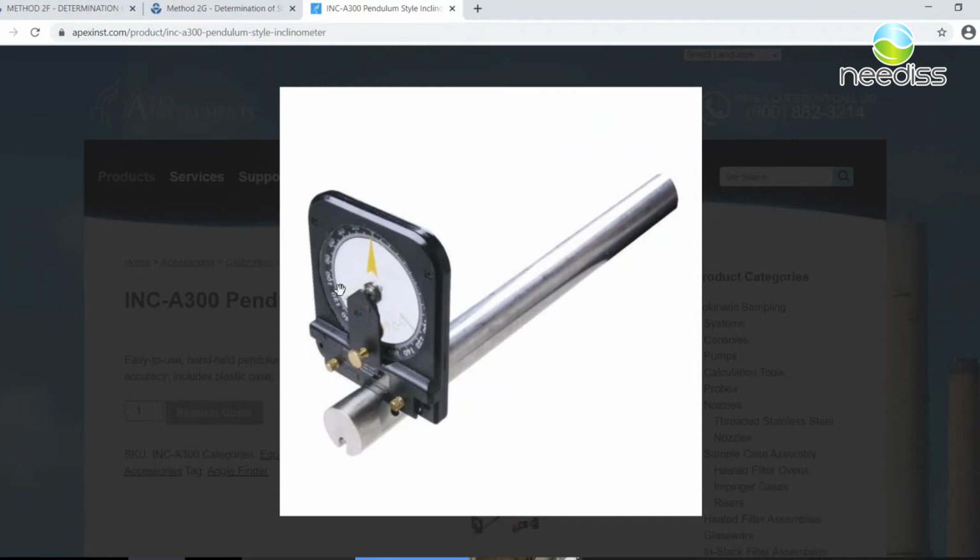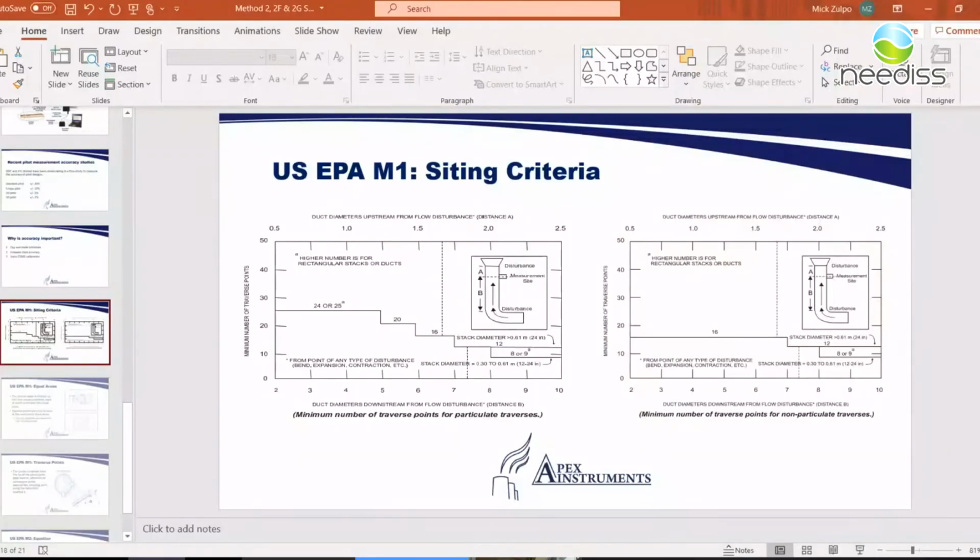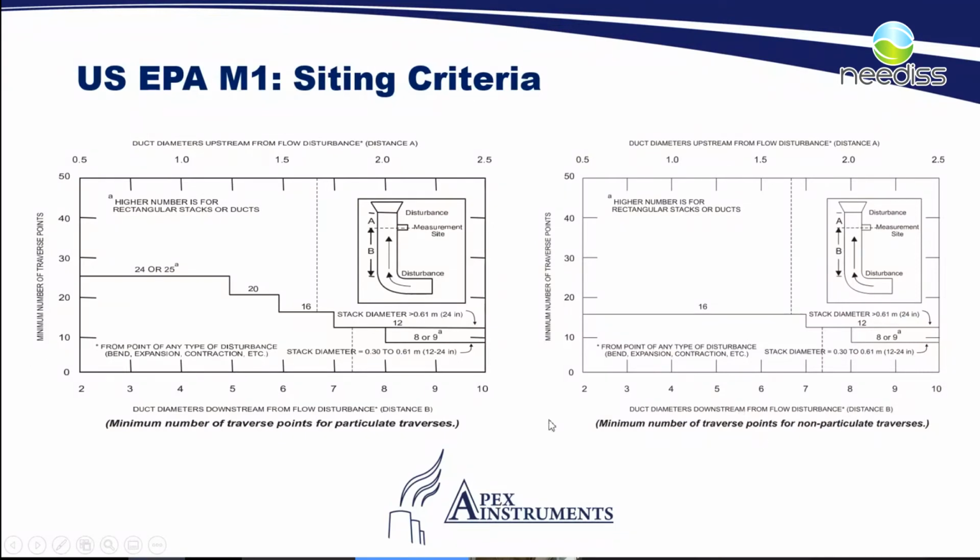Yeah, but so you would do this sampling at the same location that you would do your Method 5 isokinetic sampling. I have it hidden in my slides, but I can open this for you. Let me unhide this slide and then show it to you. So you would do what you would typically do in your Method 1. If you don't know the measuring level that you would typically use for your Method 5 sampling, you can determine that by